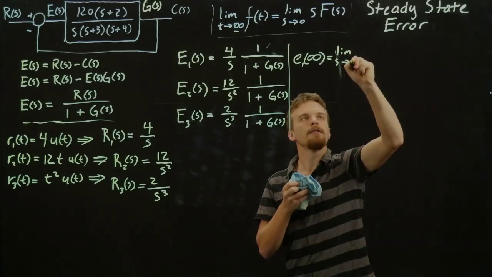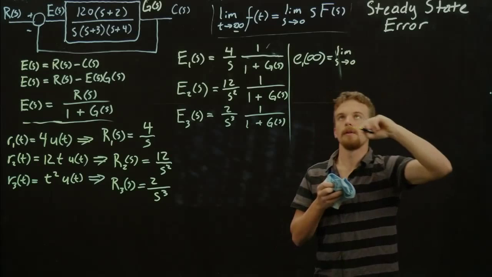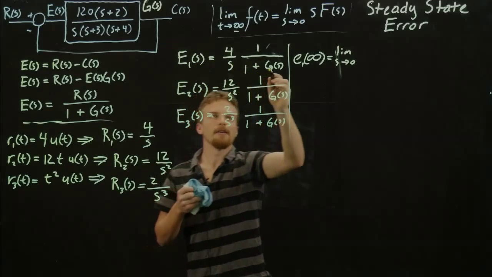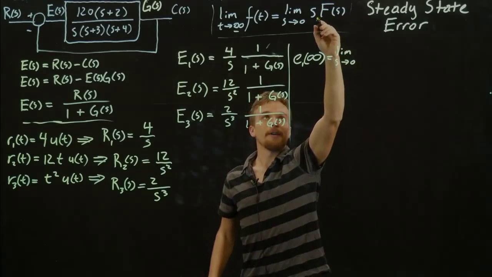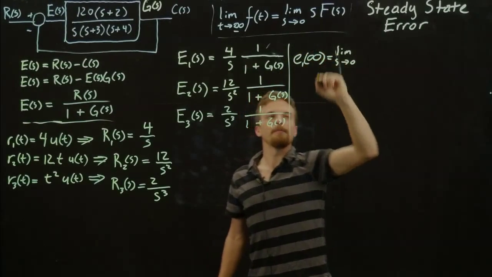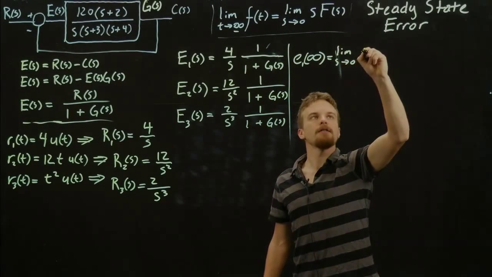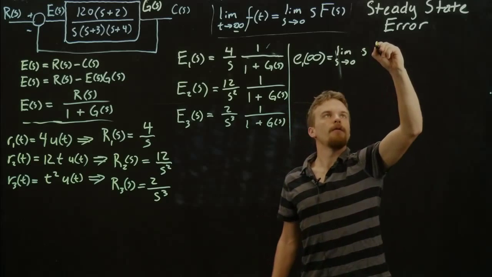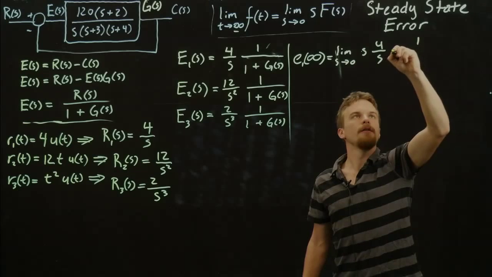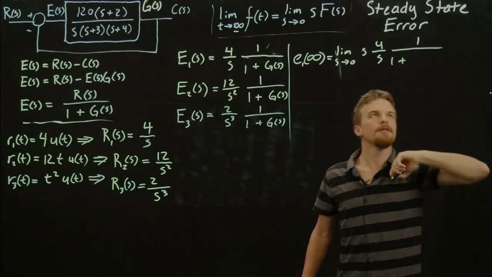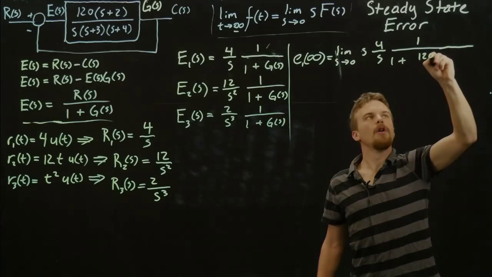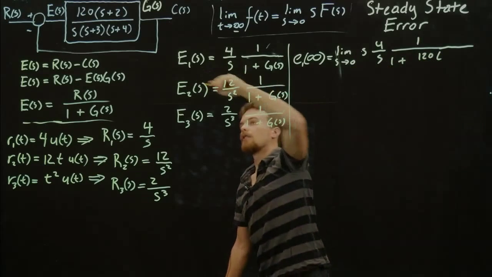as s goes to 0 of, okay, so these are expressions for the error. And what does the final value theorem say? It says we have to multiply those expressions by s. So this would equal s times 4 over s times 1 over 1 plus, let's sub in values now, 120